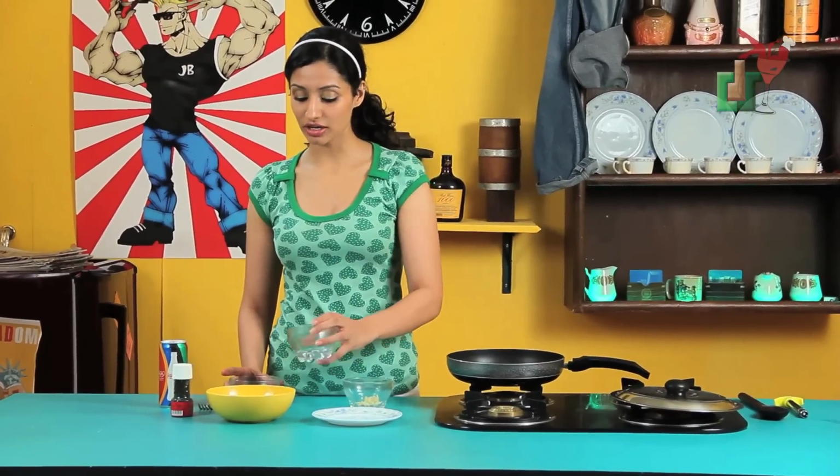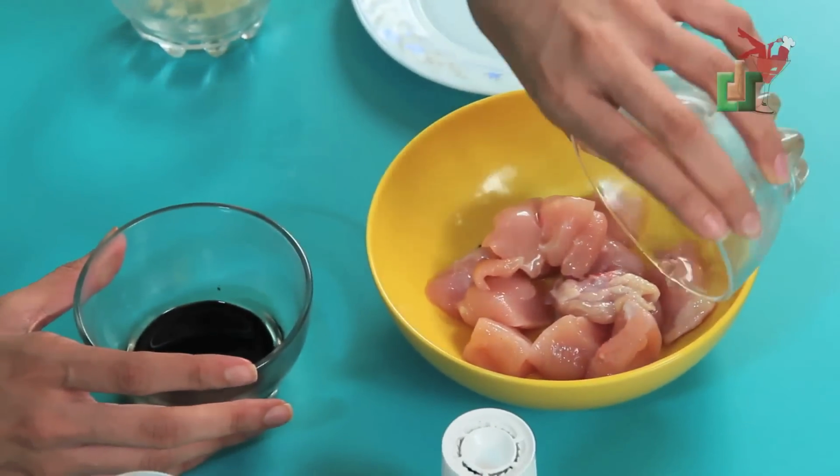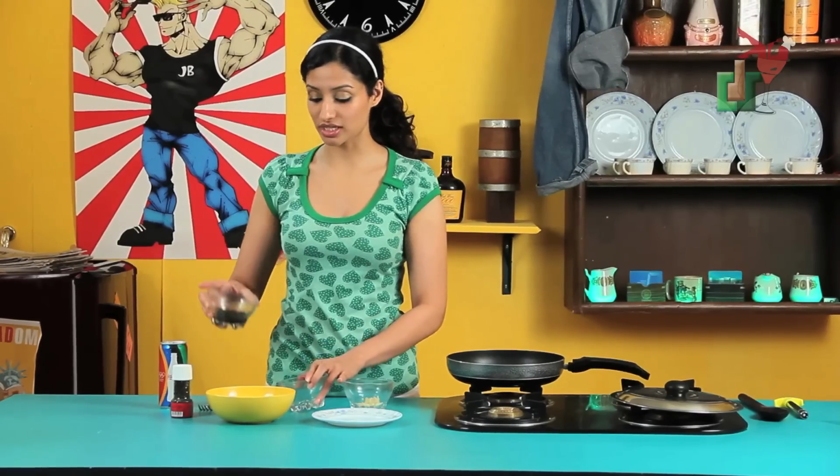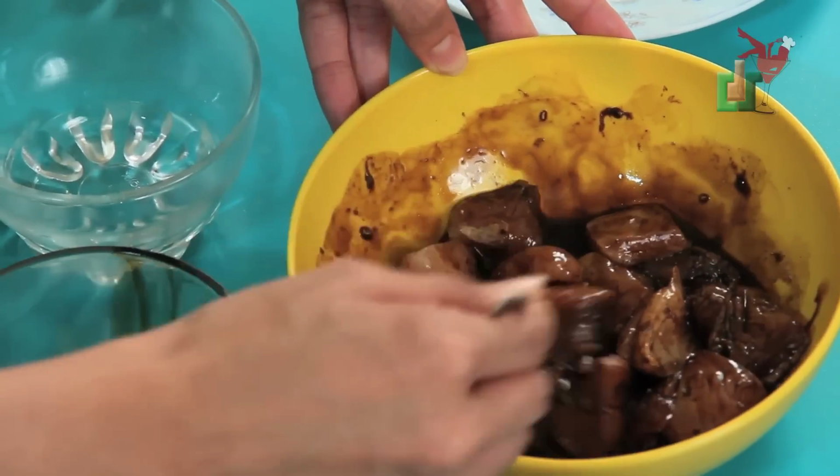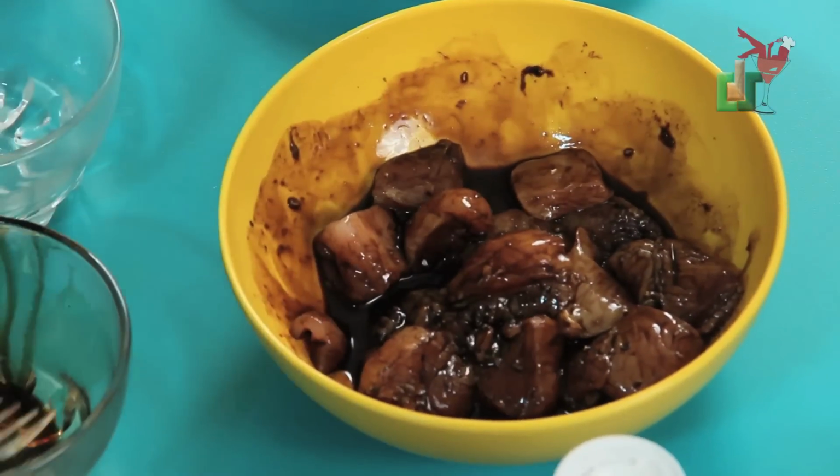take some vinegar and just pour it over the chicken, and then we're gonna take some soy sauce and pour that over the chicken. So I'm just gonna mix it up for another second, and we're just gonna let this sit on the side. It needs to sit for about 30 minutes, and then we'll get back to what we